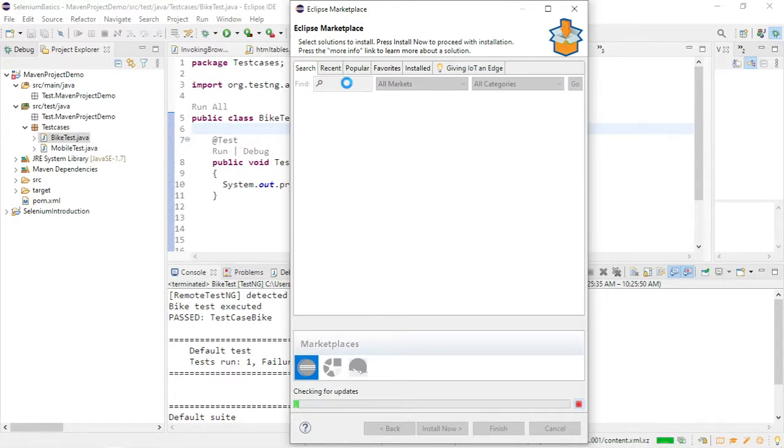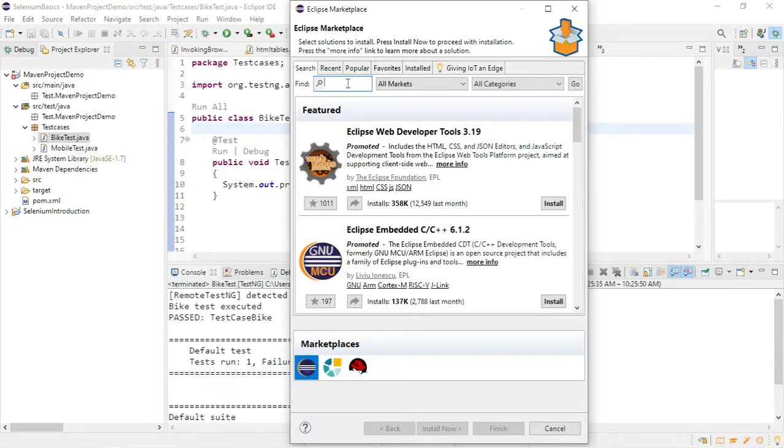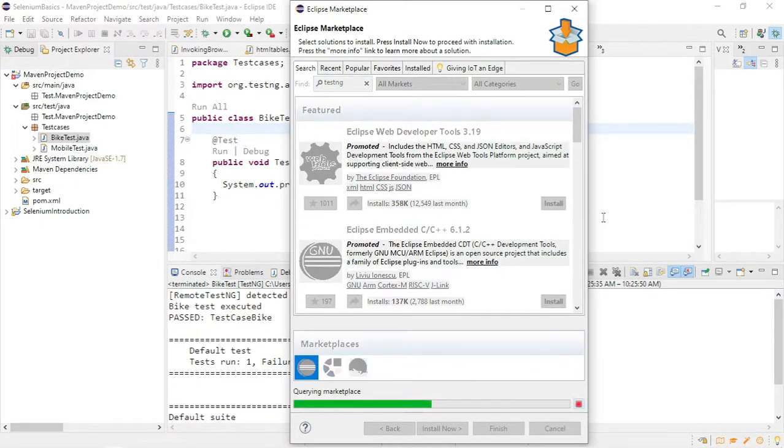Let me show you this. So search here TestNG, and it will give you the name of the plugin.